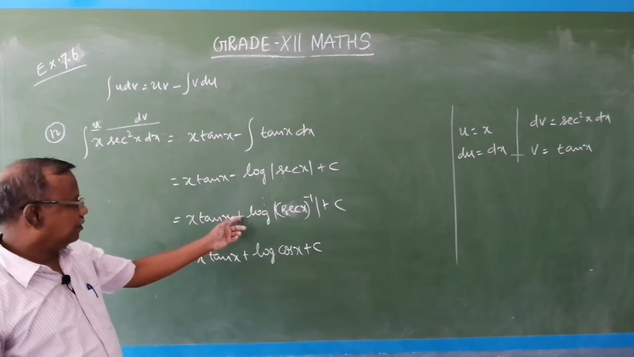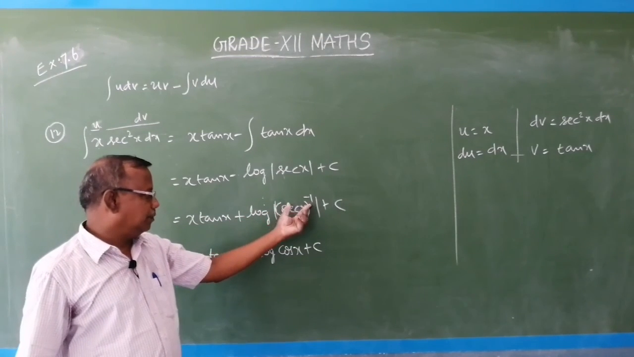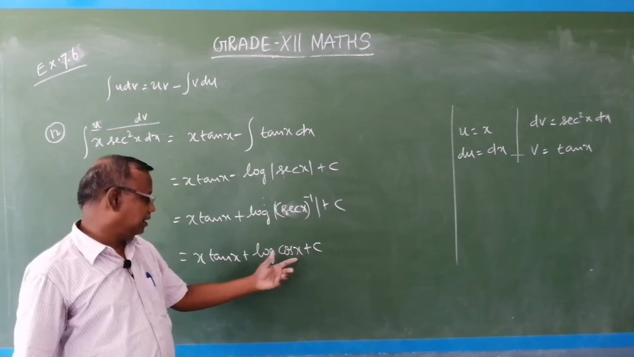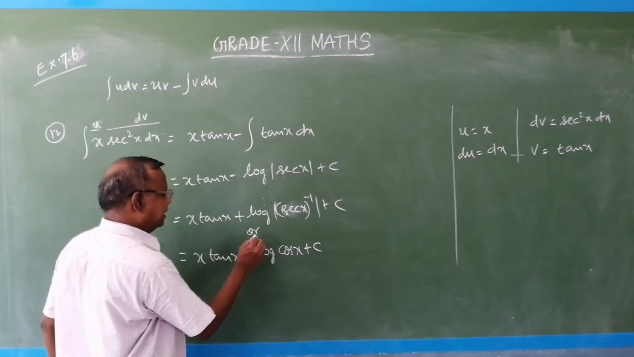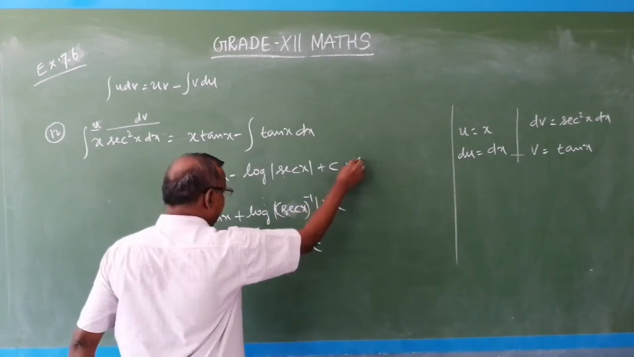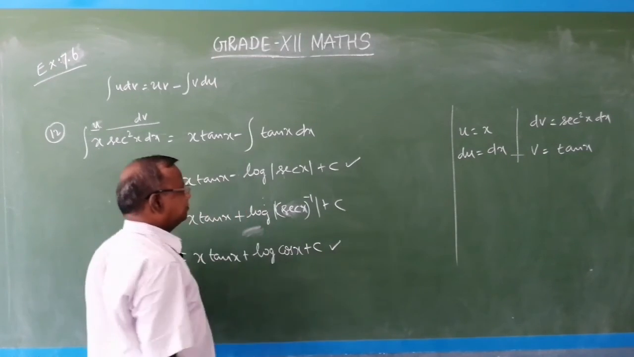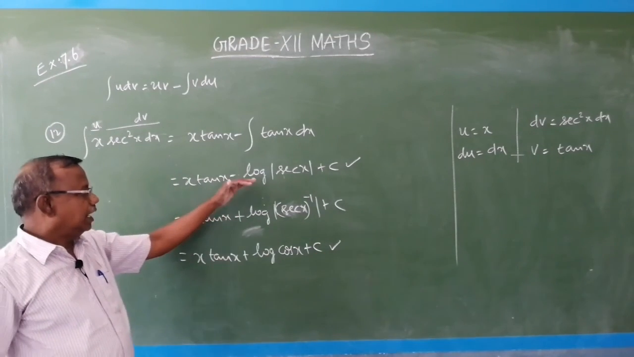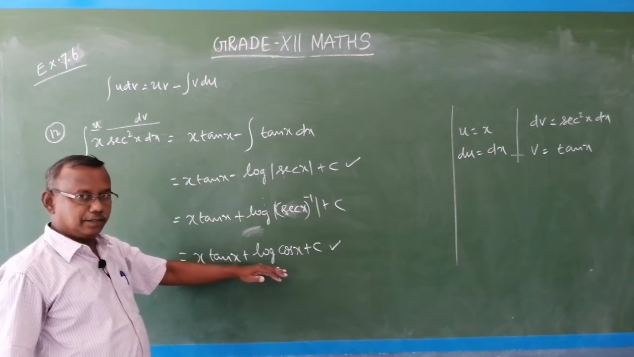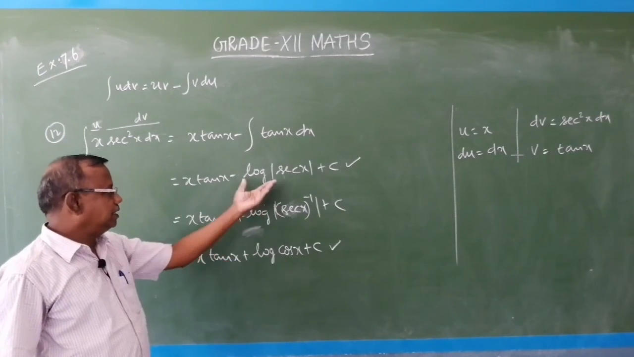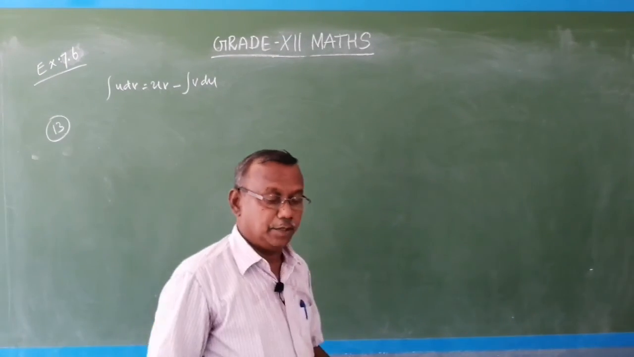So secant x power minus 1, that is 1 by secant x. 1 by secant x is nothing but cos x. So either way we can write this answer. So either this one or this two. If you have idea about this, you can simplify like this, otherwise this will be the answer. Next question number 13,